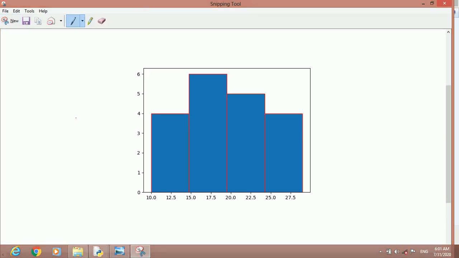Now we mark the middle points of this one, then the middle point of this one, then this one, then this one. Every middle point we have to mark, and at last also we have to mark so that it touches the ground level of the x-axis. Now all the middle points have to be connected with a straight line. So let us connect.